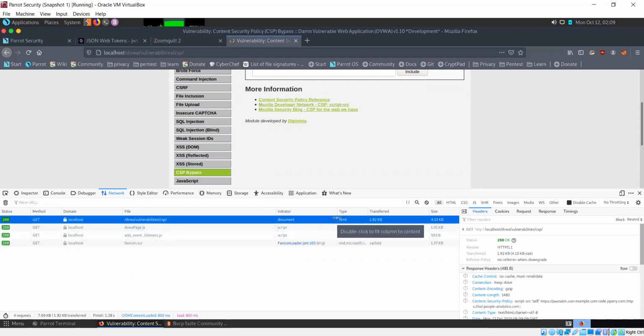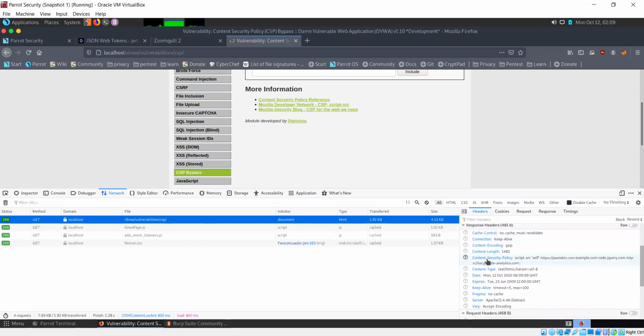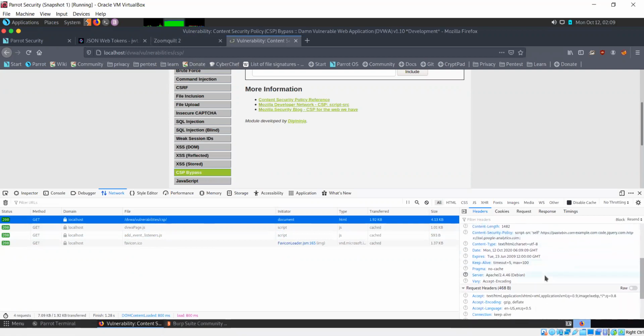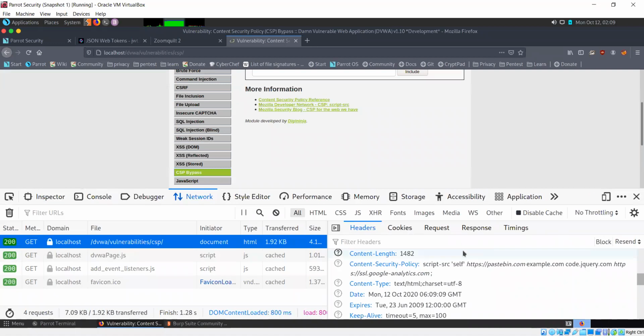Now, if I take a look at this and I come to the response headers part, I'll see something known as content security policy. Let me just enlarge this a bit so you can see clearly.